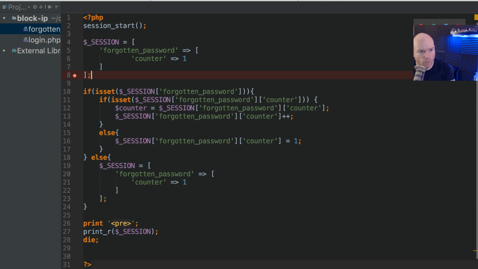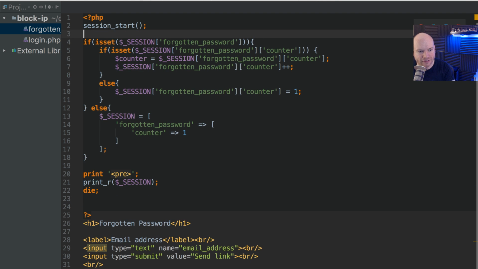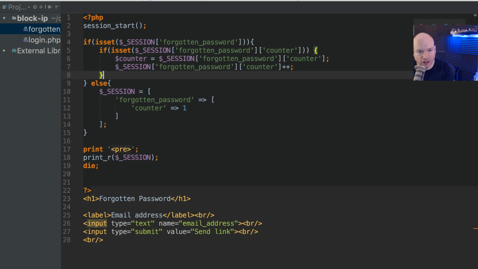Okay, so we're establishing the fact that we now have a counter, and that's being incremented. In fact, we don't need to have that because that's already going to be set, because that'll only happen if we don't have the counter, and we do have the counter by default here. So there we go. We've tied it up a little bit. So now we can actually do a check. We can actually check whether or not this counter is greater than or equal to an amount that